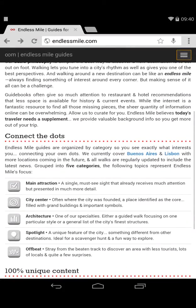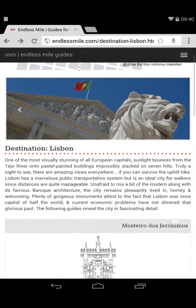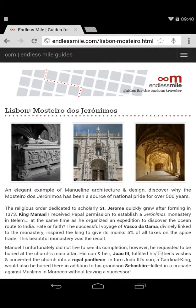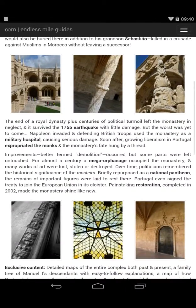We already have 5 guides for Buenos Aires. We also have 2 for Lisbon, one of those being a guide to the Mosteiro dos Jerónimos, the most visited site in all of the city. Currently, this guide is available as a 30-page PDF, but I wanted to see if the PDF could be converted